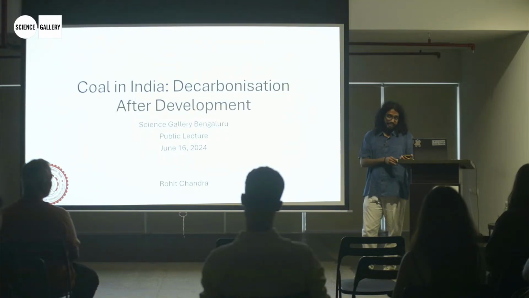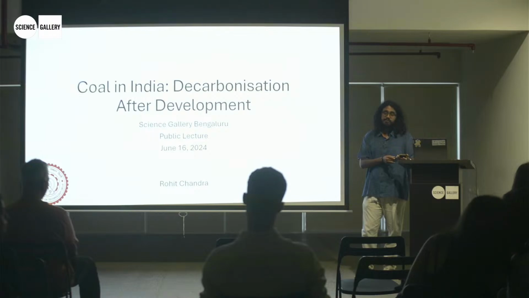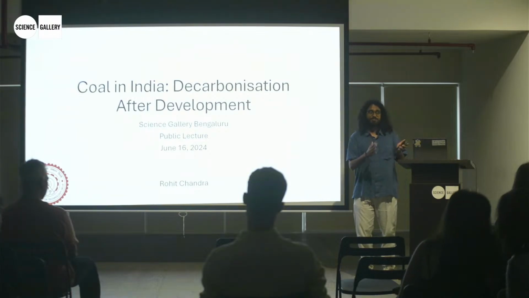Rohit Chandra is a political scientist and economic historian working primarily on energy, infrastructure, and varieties of capitalism in India. Over the last decade, he has worked in the policy space on coal sector reforms, the politics of state discoms, particularly in Jharkhand, and public finance decisions behind large infrastructure projects. He is currently an assistant professor at IIT Delhi's School of Public Policy. His work has recently expanded into the political economy of infrastructure finance, just transitions, and the characteristics of Indian capitalism. Without further ado, thanks, Rohit.